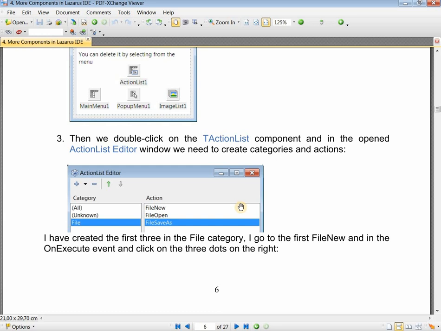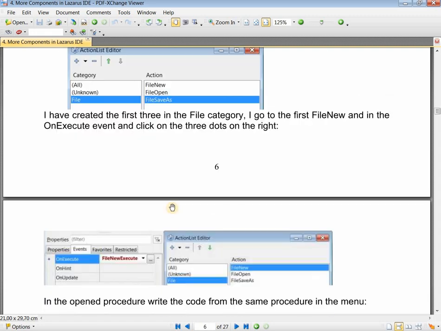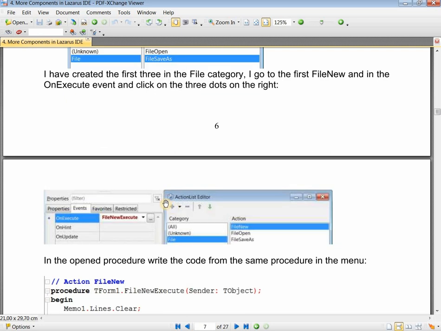Like this. Then we double-click on the component Action List 1 and we need to create categories and actions here. Here are the categories. We open a window like this, and the actions. I've created the first 3 in the file category.